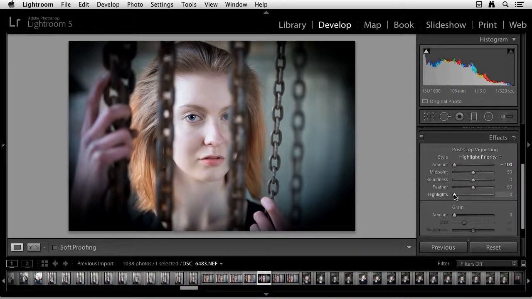The highlight slider, put your eyes up to the upper left hand side of this image where it's really dark up there. I'm going to click and drag on the highlight slider, and you can see that there's highlights up there and they're being affected. They're being revealed. There aren't highlights in the other areas, in the other corners, so they're going to remain dark. So it's just a way of fine-tuning the look of your vignette.